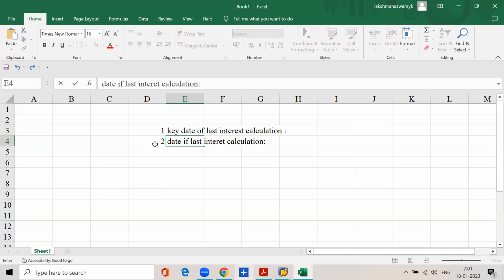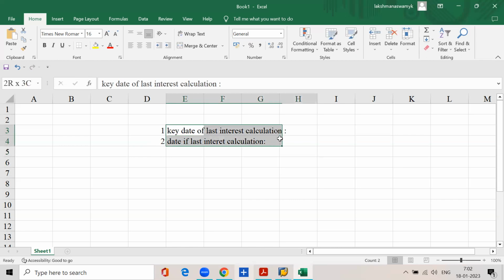Within brackets, system date. So once we calculate interest, I will take you to the master record. There I will show you these 2 fields updated,